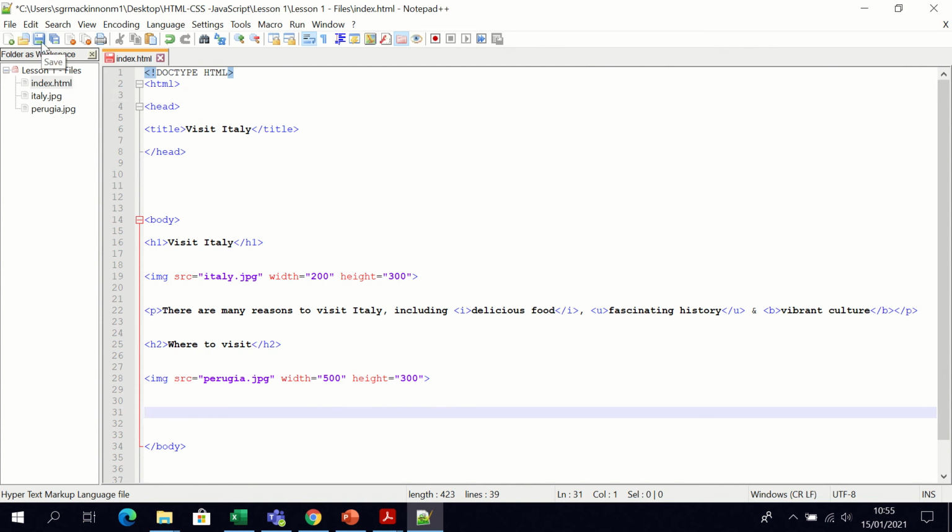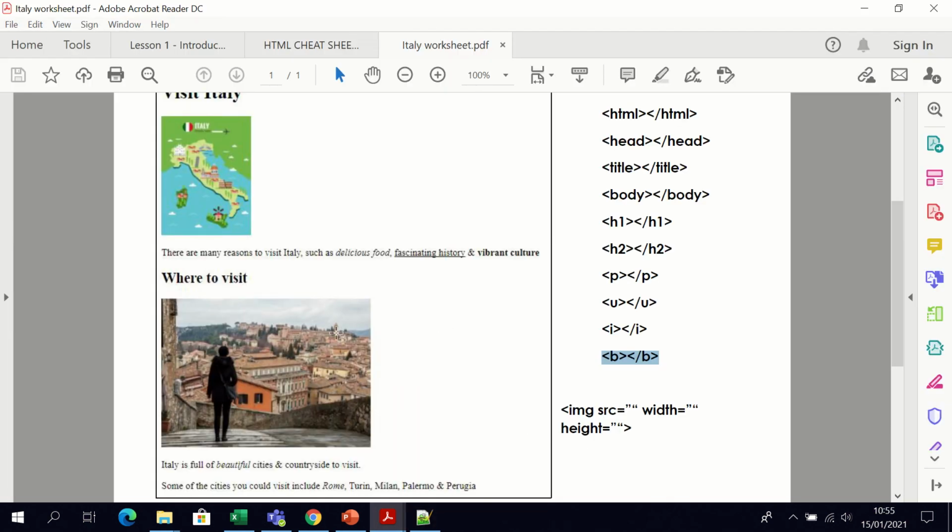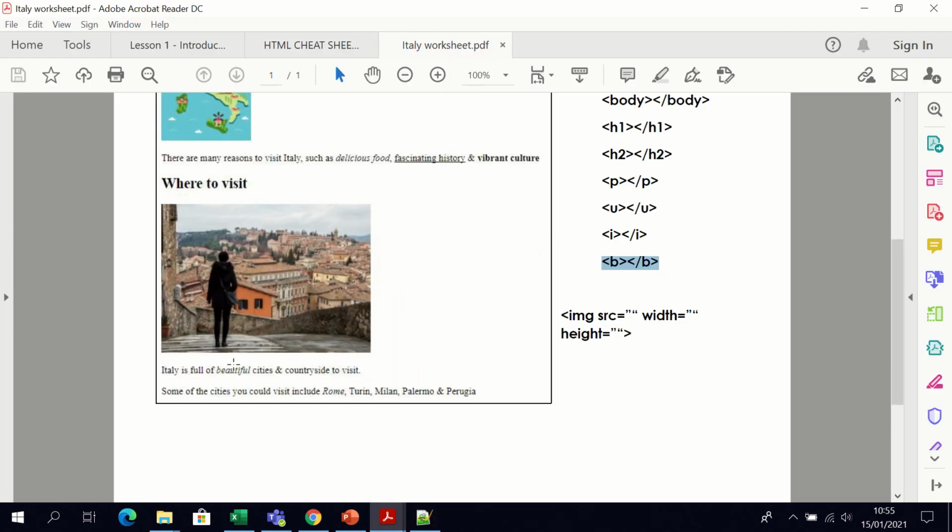Okay, making sure that we save our page regularly as we go and we preview it in the browser just to see how the page is laid out and how it's looking and to make any adjustments from there. So again, the task sheet means that we have to insert some more text. Okay. So, and again, another 2 paragraphs here